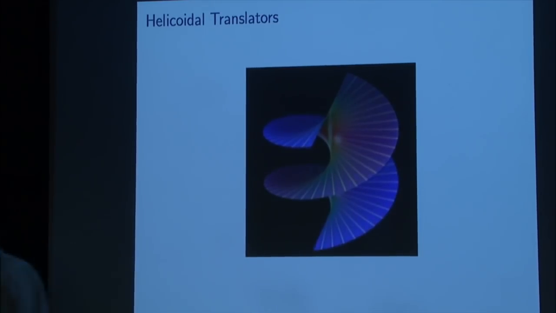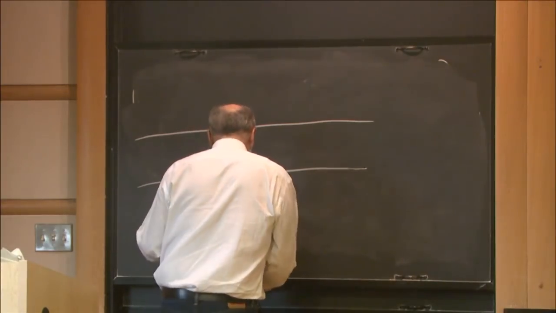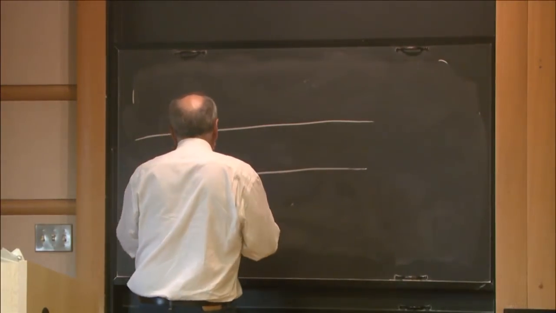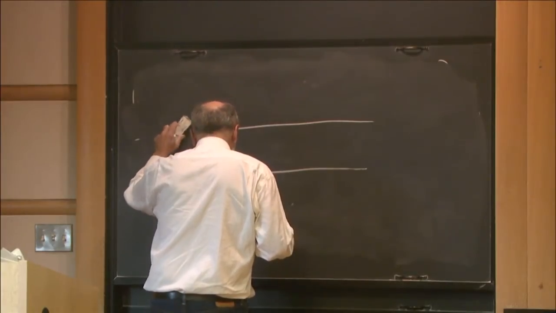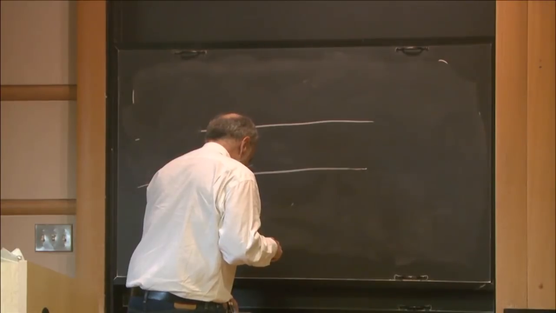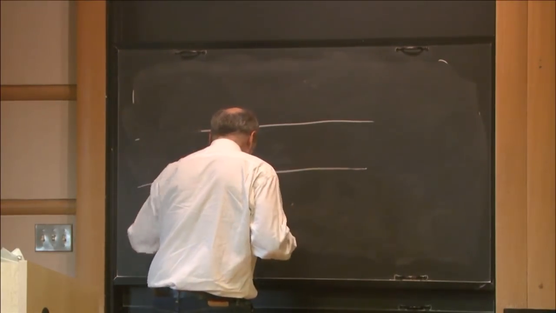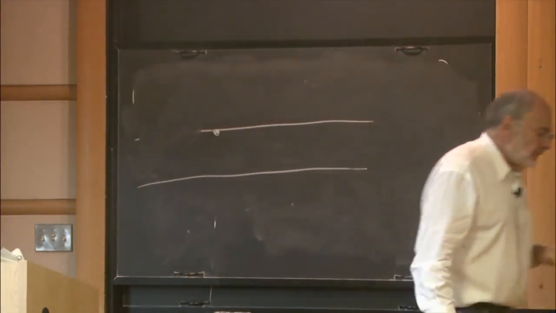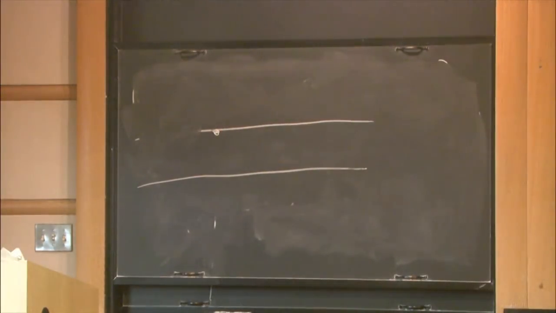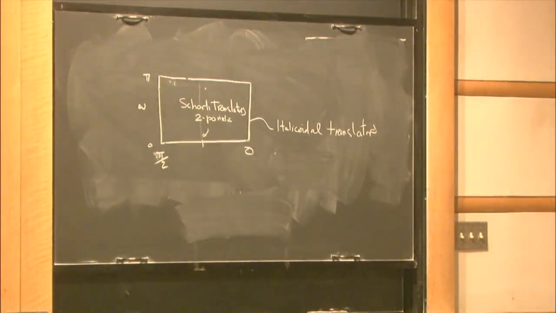What happens as you go to pi, if you fix alpha? We're going to fix alpha and put a pi. So the situation is